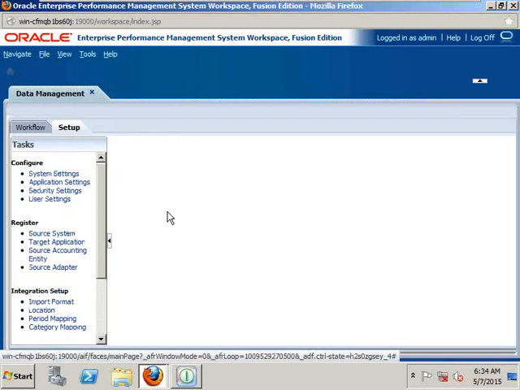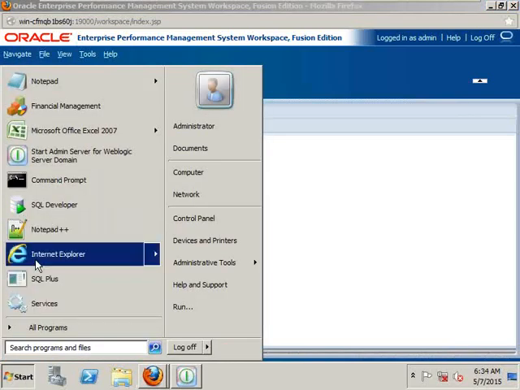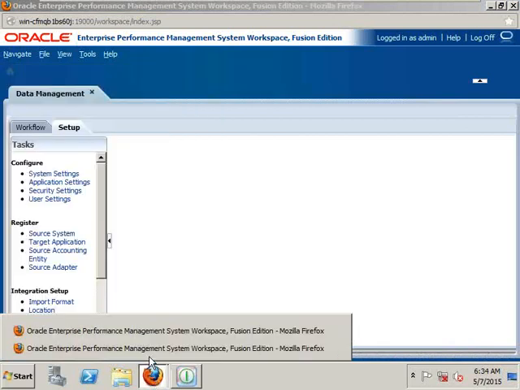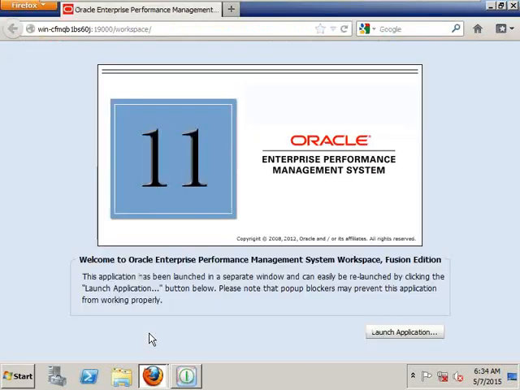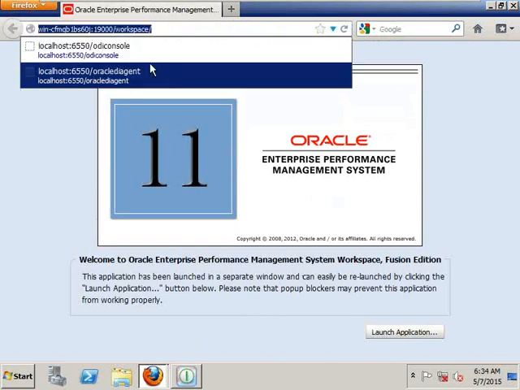Apart from that, we should know something about ODI. ODI is not required that much. ODI Studio is not needed here, but we do need the ODI console to find out the error logs or to find out the process IDs. For that, the console